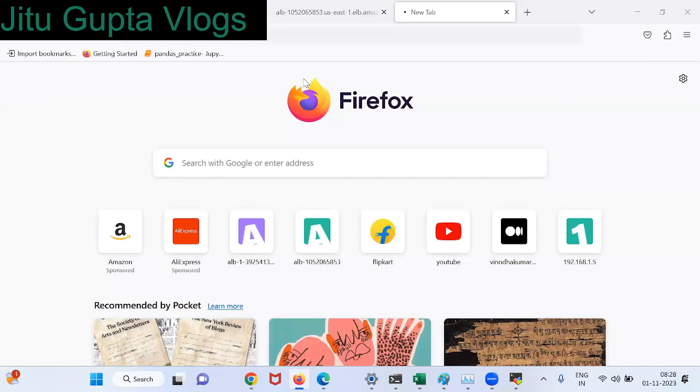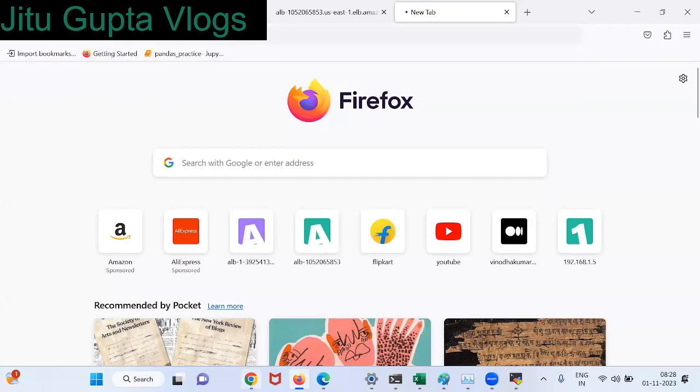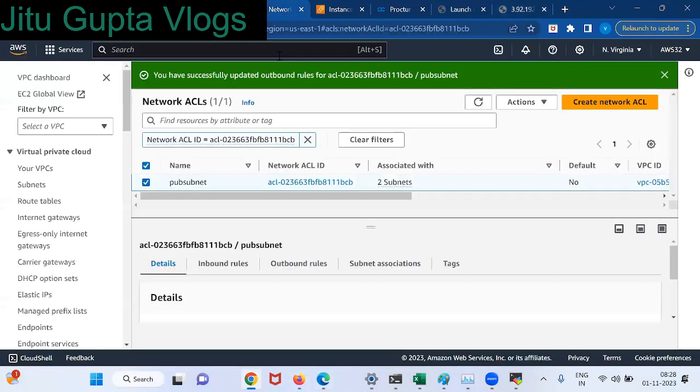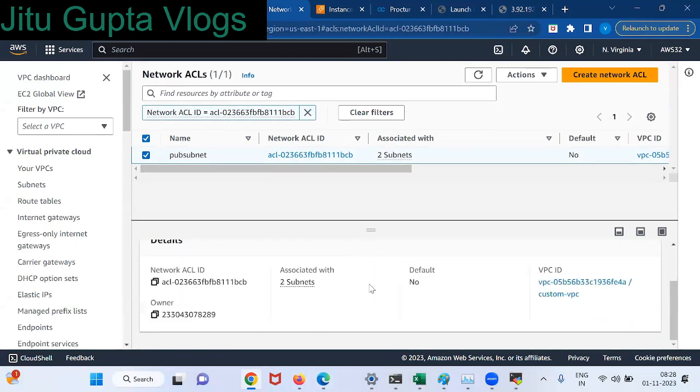Yes, need to update in NACL, but in SG by default it will work. Why is it taking so much time? Let me go and check. Update rule number. What number have I given? The same number, right? Did I give a different number? Go to NACL now.